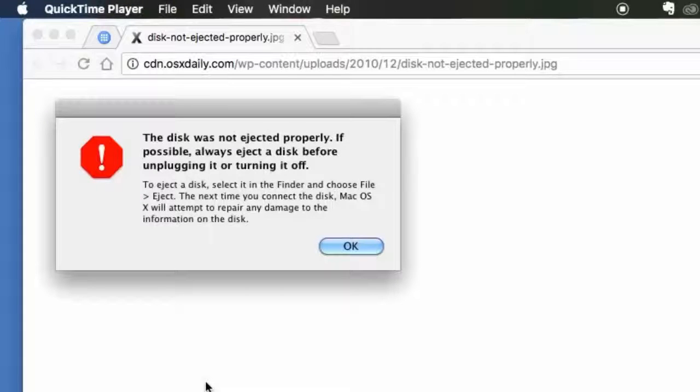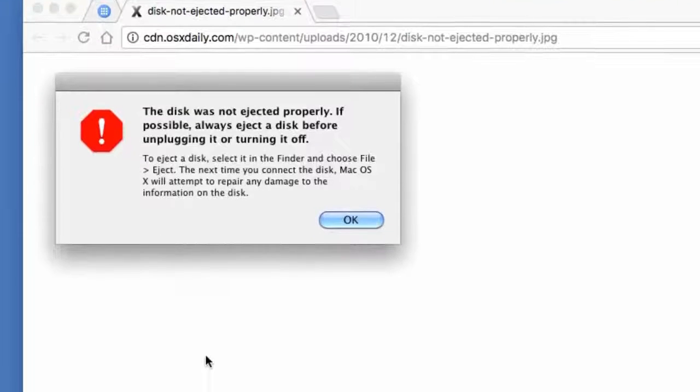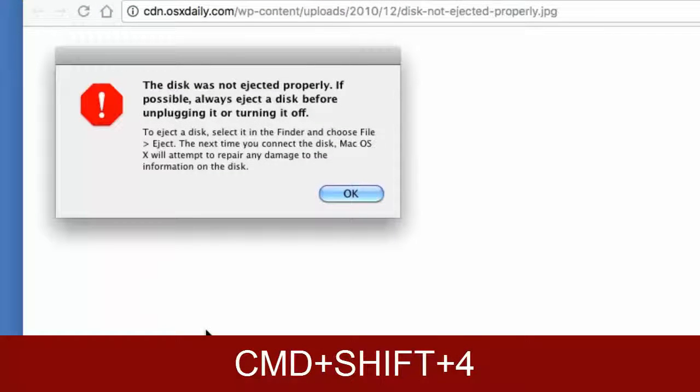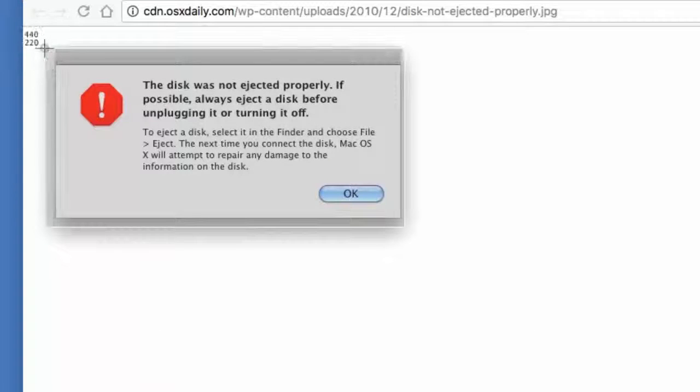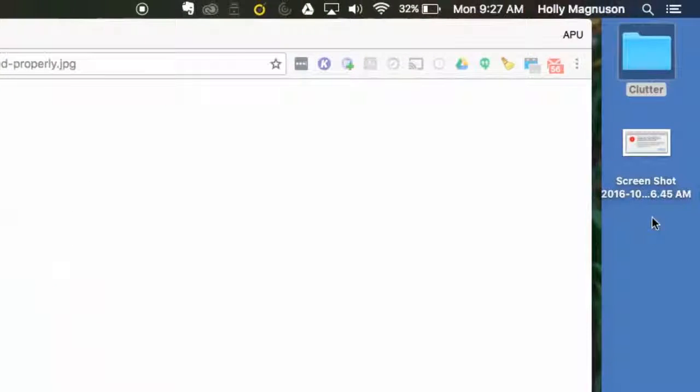Now we're going to take a look at how to do screen capturing with the built-in tool for the Mac. With all the versions of OS X, you have the ability to do Command, Shift, and the number 4, and it will change your mouse pointer into the pointer you see there, and then you just click and hold, drag over what you want to capture, and you'll hear a little camera sound, and then over on the desktop you will find the file that it created, and it names the file screenshot and then the date and time that